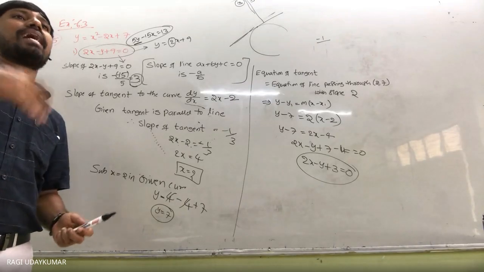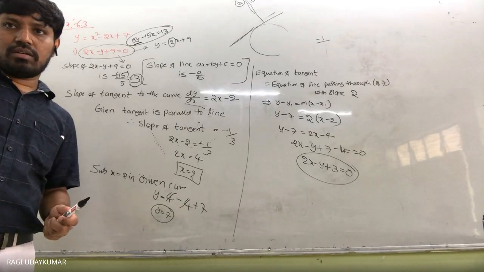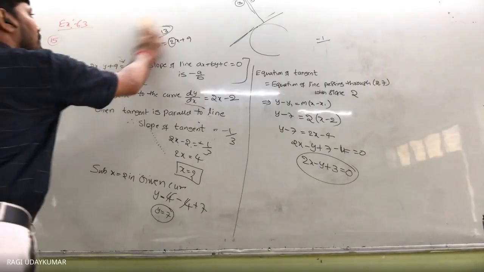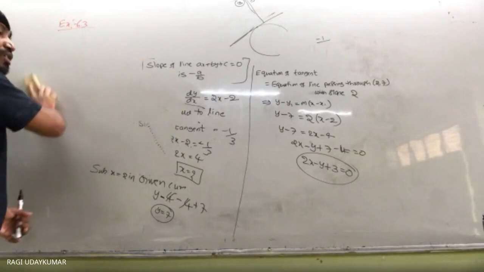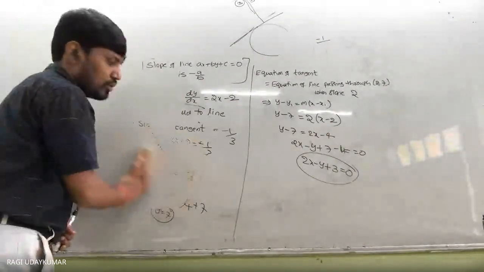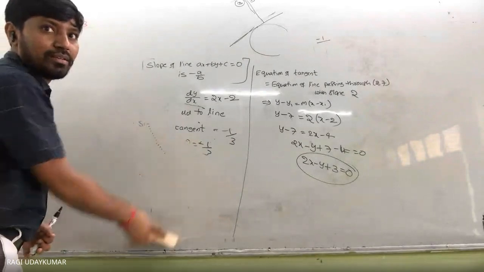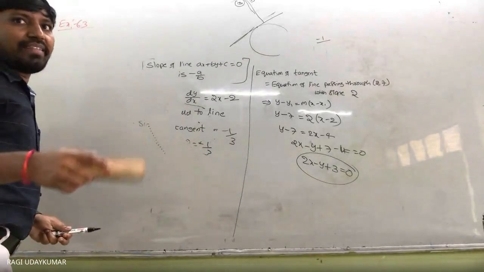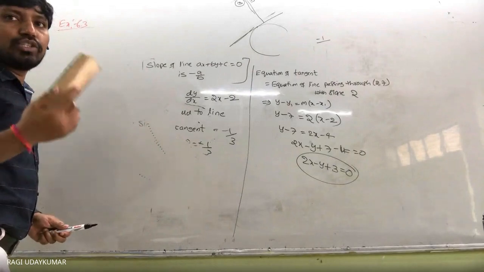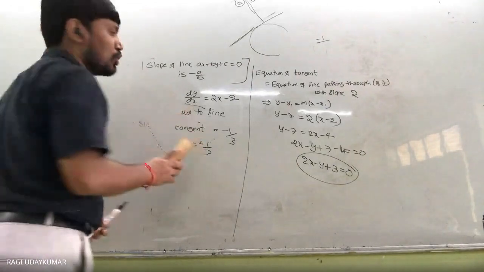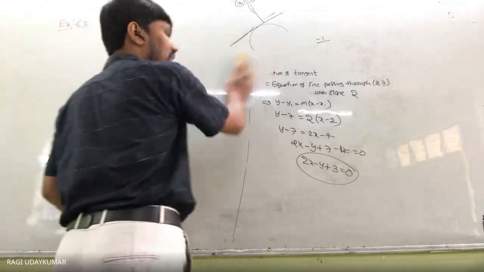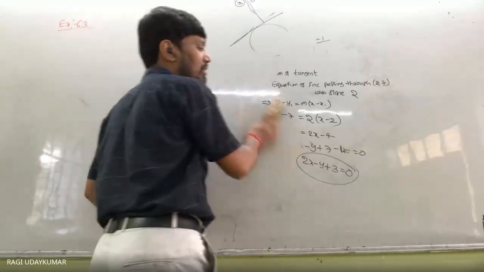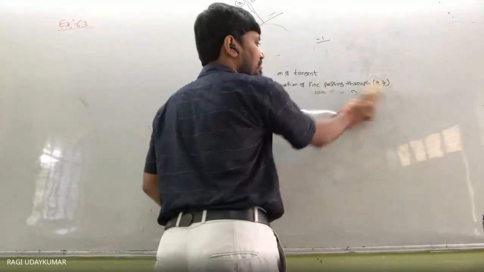X equal to 2 का tangent. Slope of the tangent formula क्या है? Very simple question होगी. dy by dx at x equal to 2 फाइंड आउट करो, एक नंबर आ जाएगा. dy by dx at x equal to -2 फाइंड आउट करो. Slopes are equal. So then tangents are parallel. 2 पे -2 पे दोनों का slopes equal है. हाँ, प्रूव कर. दोनों को slopes equal प्रूव करने तो they are parallel ना. इक्वेशन फाइंड आउट करने का जरूरत नहीं है.